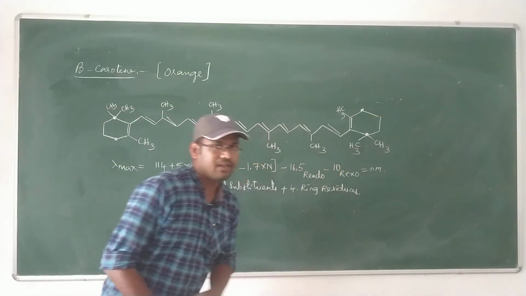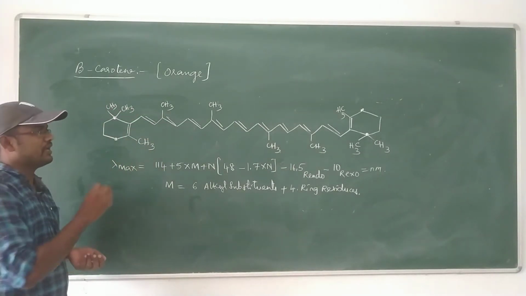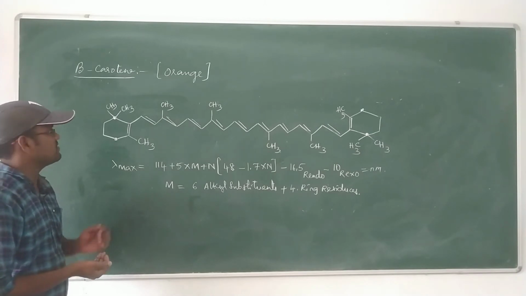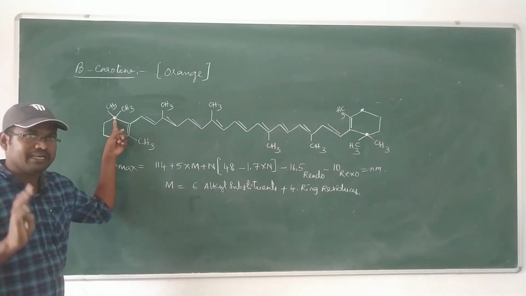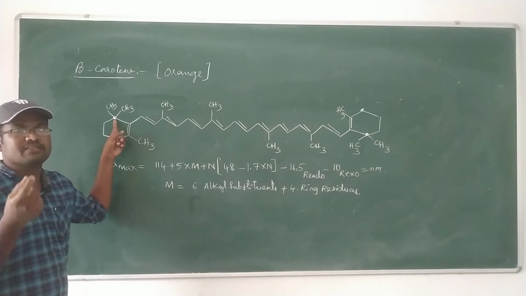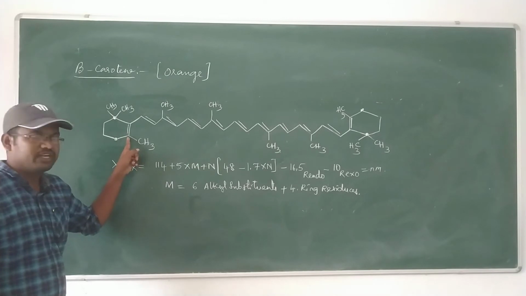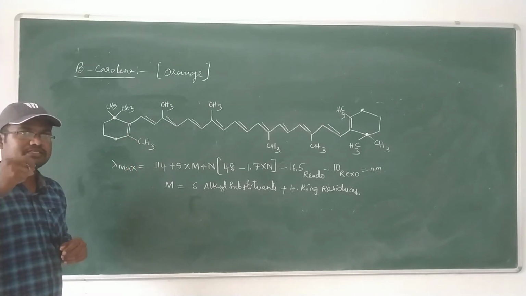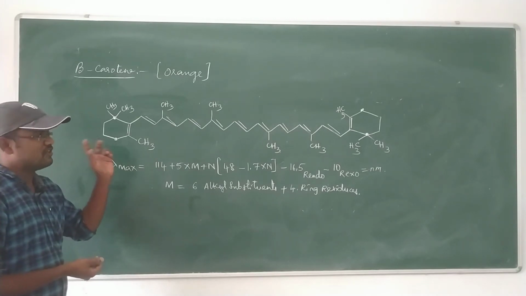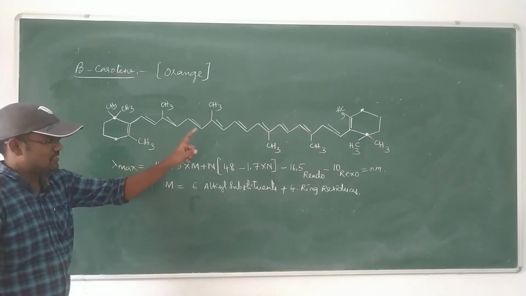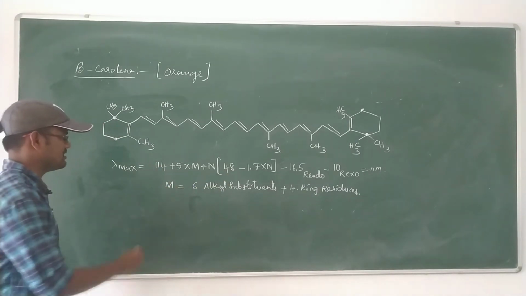These 4 alkyl groups we cannot consider as alkyl substituents, because they are directly attached to a saturated carbon, not an unsaturated one. Alkyl substituents means the alkyl group directly attached to an unsaturated carbon atom, that is, it must be conjugated with the double bond. So in this structure, 6 alkyl substituents and 4 ring residues, that is m.